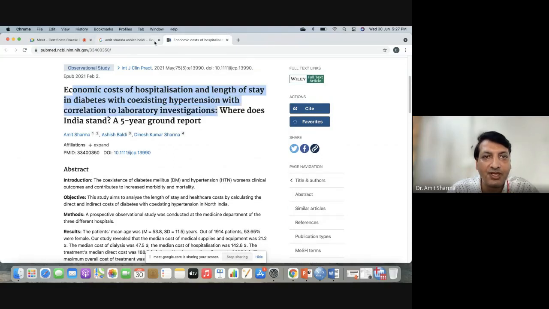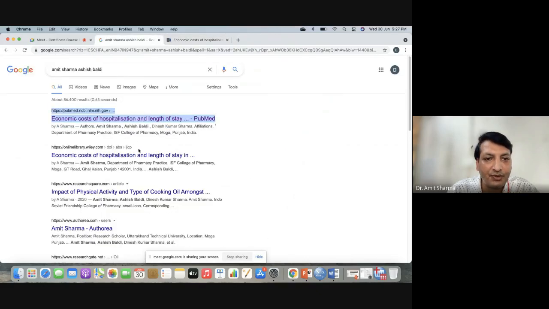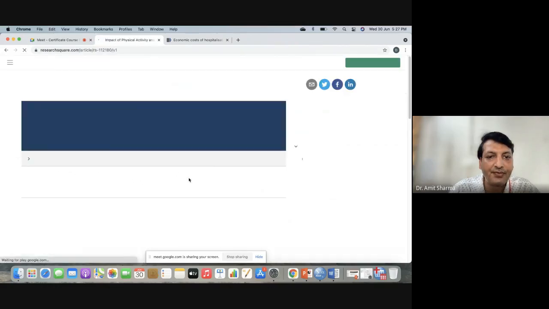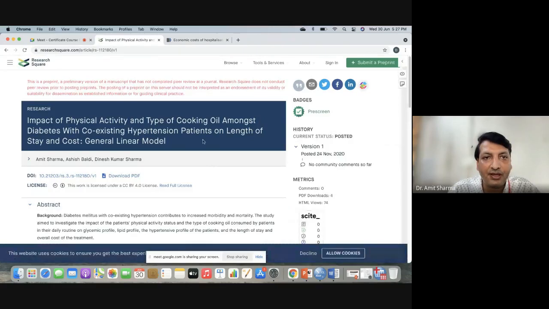So that was another paper. I should look for the other one. Cooking oil, yeah, this one is the one. This was also published as a Research Square document.